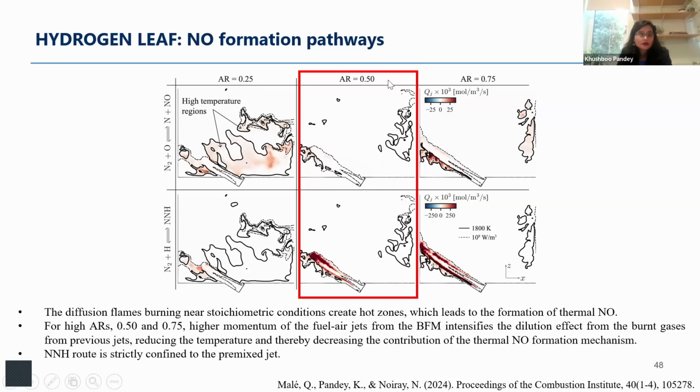It seems that for the LEAF operations with hydrogen, we have to play around with the AR ratio, the ratio between the bottom air and the top air, to achieve a sweet spot where the thermal pathway is not that dominant, and also the NNH route is not that dominant. And cumulatively, that results in lower NOx